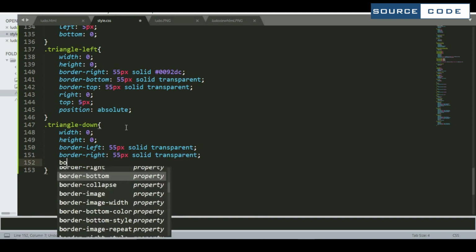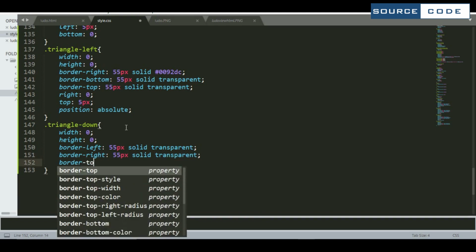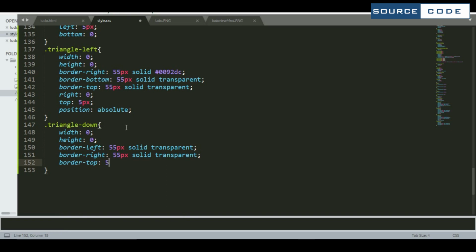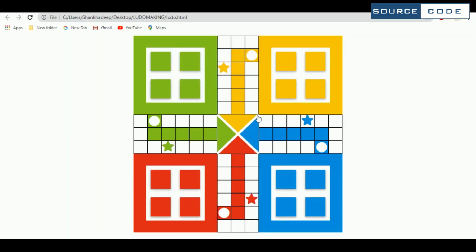And now we are going to design border top. So it will be 55 pixel, solid yellow color. Now set the position to absolute and make the right to 5 pixel and make the top as 0. So now let's come to the view part once again. And here we got our yellow one.